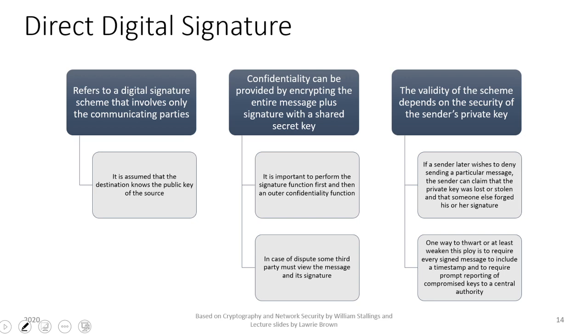But the message is still going as plain text. If you want to ensure confidentiality, we can use encryption, and we can encrypt the entire message and the signature using a shared key. If we establish a shared key between the two entities, a symmetric encryption shared key,